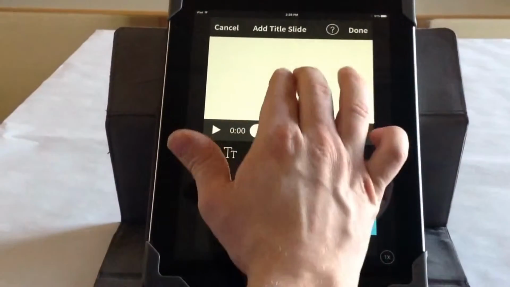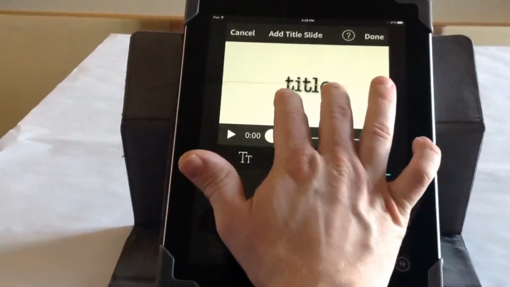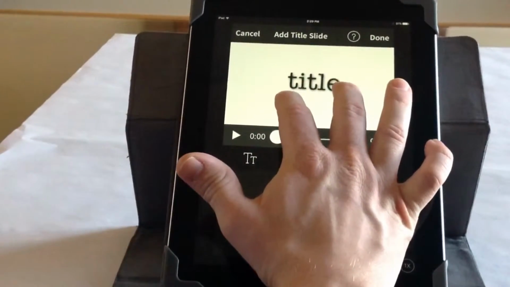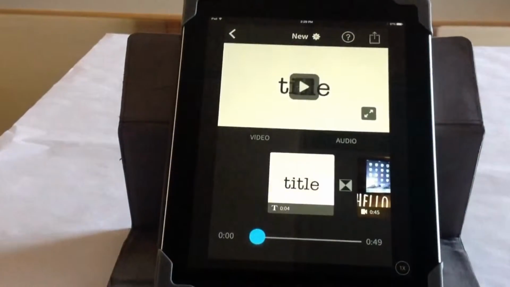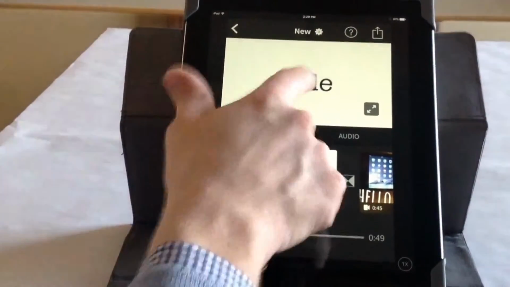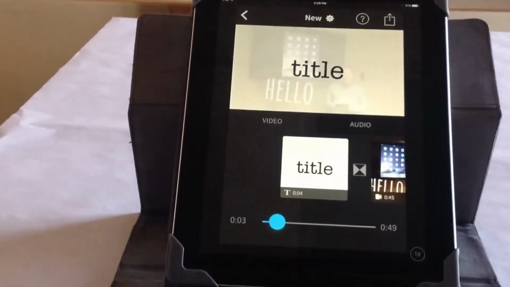Once you have this, you can also change the size or the direction of the title, just like you could with the text inside the video. So once you have it like you like it, click Done. And now your title is there, so if you click play, it will play through your title and transition to